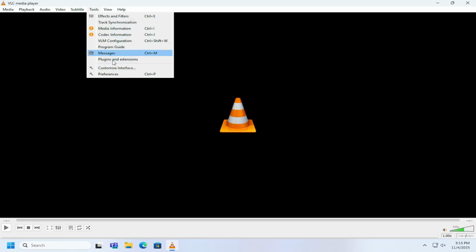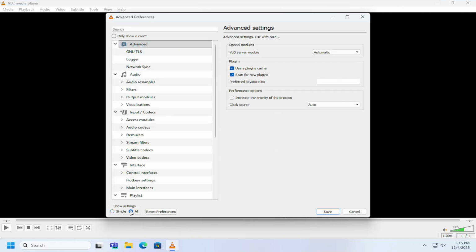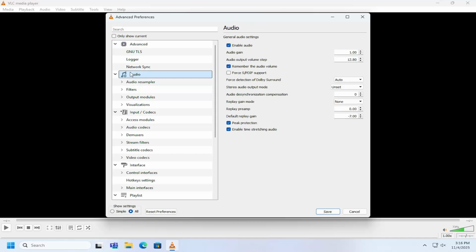So all you have to do is open up VLC Media Player, select the Tools menu, and then go down and select Preferences. At the bottom where it says Show Settings, you want to select All. And then you want to navigate to the audio settings on the left panel here. Just by selecting audio on the left panel, there should be something on the right side that says Force Detection of Dolby Sound. Click the drop down and select On, and then you would select Save, and that's all